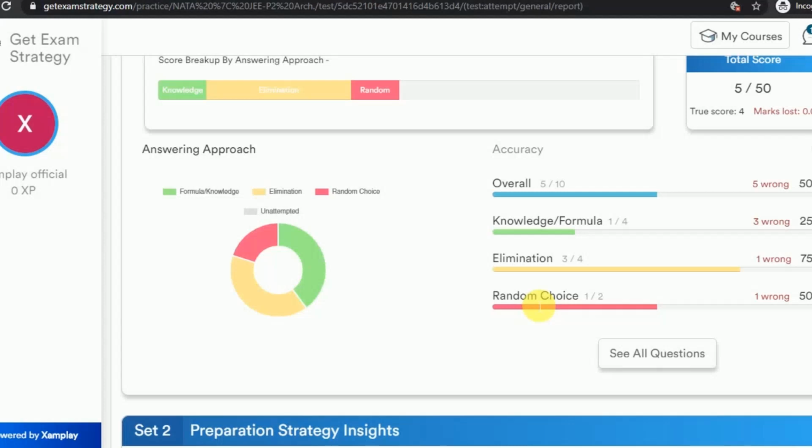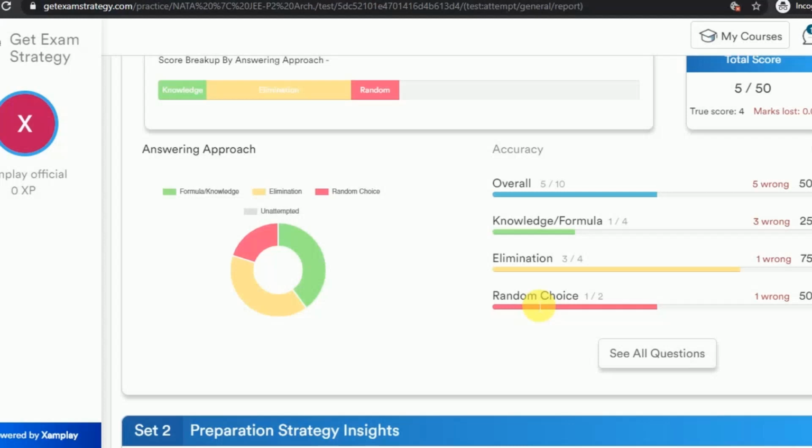Now what is more interesting here is the next set of insights that I'm going to tell you. If you want to crack an entrance exam, you have to do really well at 2 different stages. One stage is before writing the exam, that is during the preparation stage. How you utilize your time for studying for that particular exam matters a lot. First of all, you need to understand what to study and what not to study. So this strategy test insights tells you what to study and what not to study.